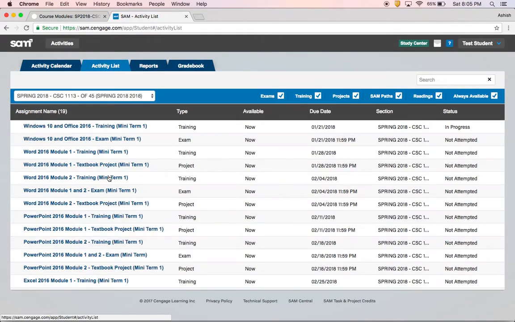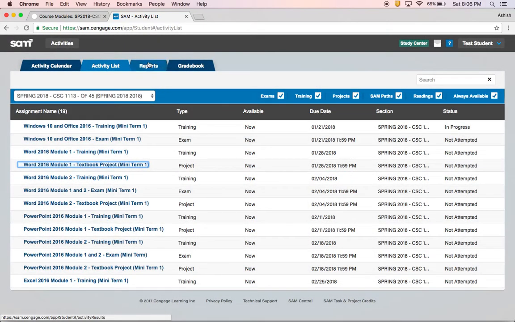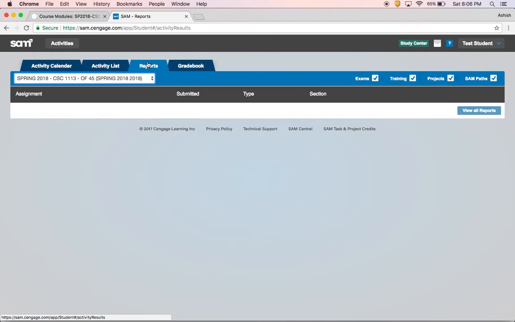Similarly, if you are doing a textbook project, which is read through the steps in your textbook and follow through to complete the project that is given in the textbook. If you are doing that and if you didn't go through everything properly, you didn't score well, hey, you got 3 chances to submit your file. But before you submit again, generate your report, see what you have done wrong. Let's just keep it here.